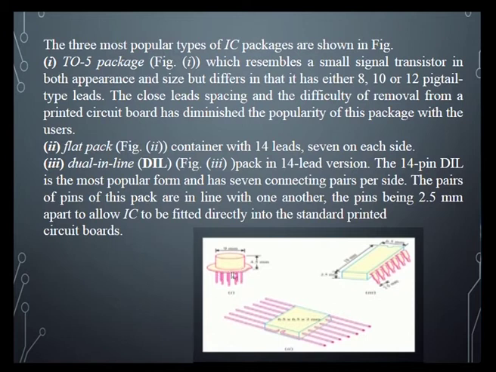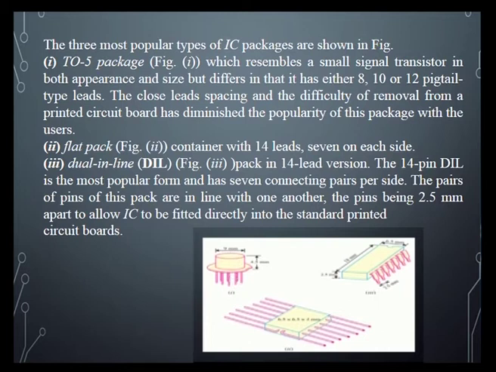This is how the very first type of packaging, the TO5, appears. It looks exactly like a transistor, but it is not. The close lead spacing and difficulty of removal from a printed circuit board has diminished its use. It has more pigtail leads, and these leads are very close together.